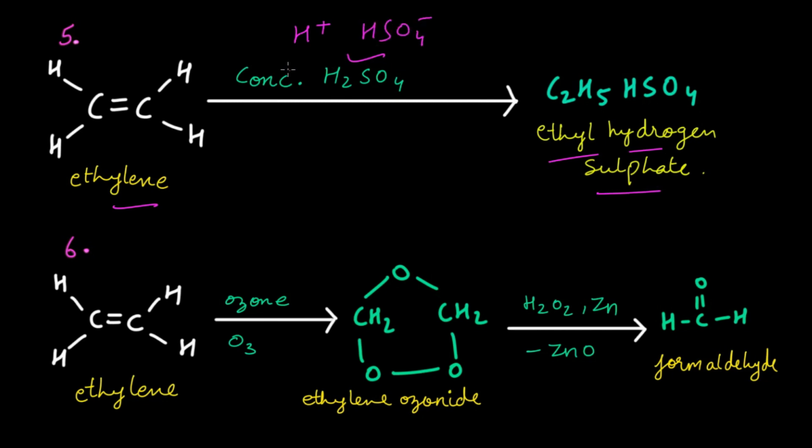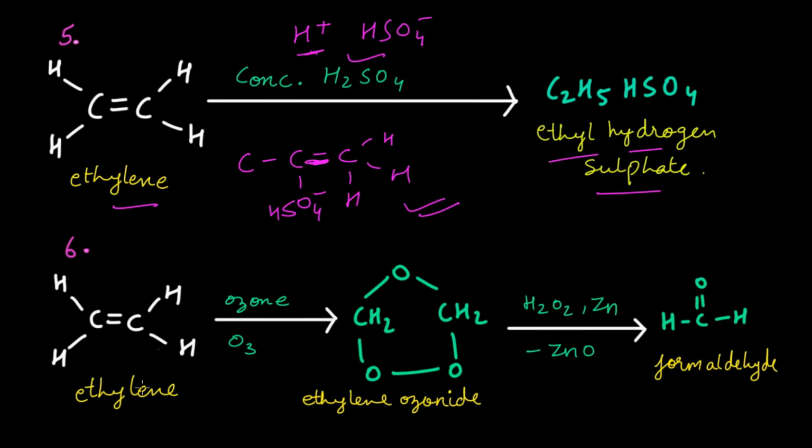Now since our reactant is ethylene, you can attach the positive part to any carbon, the negative part will take the other carbon. But in case of unsymmetrical alkene, like the previous case, like the case of propene, the positive part will go to that carbon which has the higher number of hydrogens, the double bond will vanish and the negative part will get attached to the other carbon. That's how you get the product in case of unsymmetrical alkene. So these are the two kinds that you should remember.